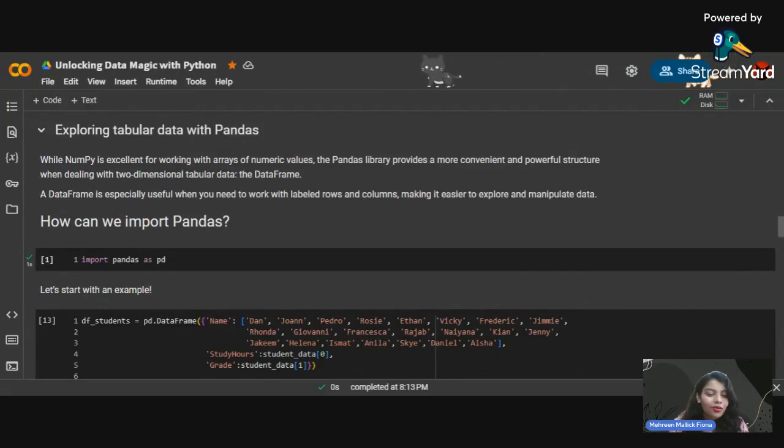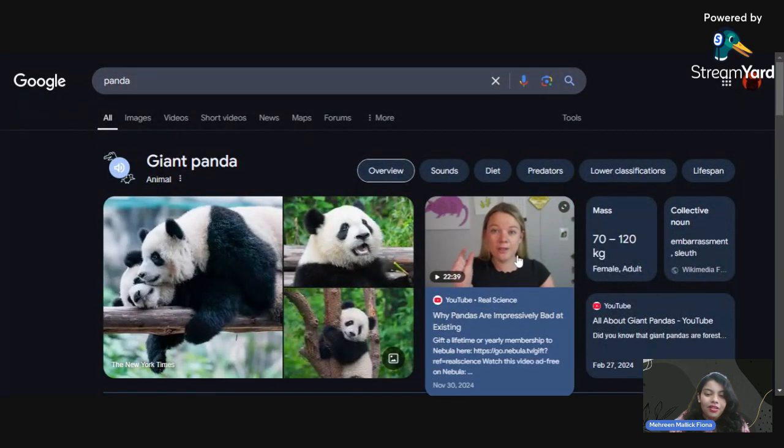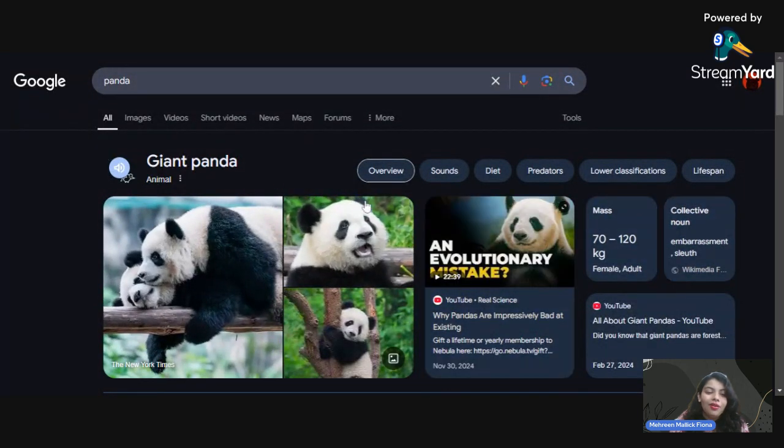And today we are going to know about pandas on our fourth day of Linear Algebra 101. So, before we dive in, what comes to your mind when you hear the word pandas? Obviously, something black and white, like a panda, right? Pooh. If you are a fan of Kung Fu Panda, then you can recall how Pooh looks like, something like this. But we are not going to learn about a panda.